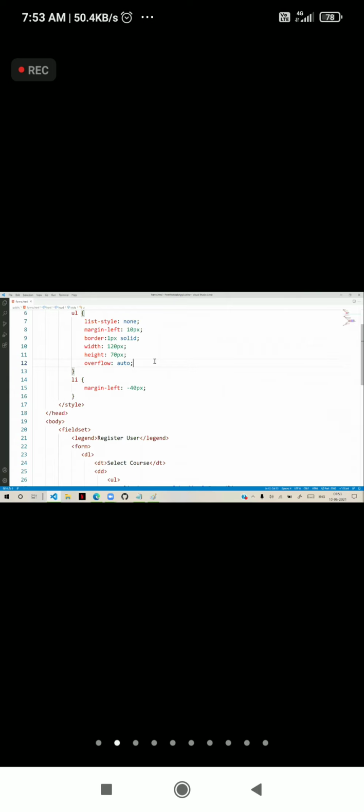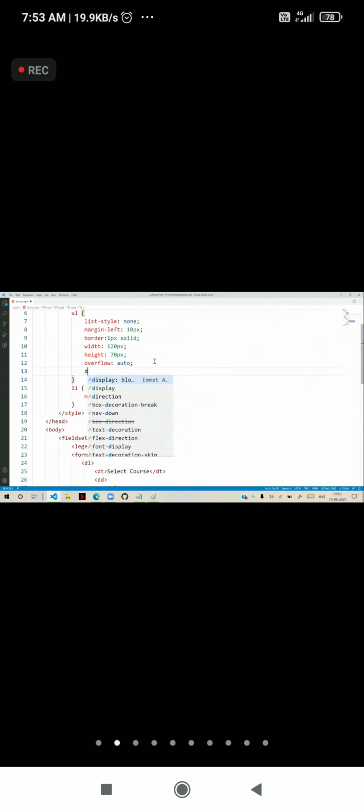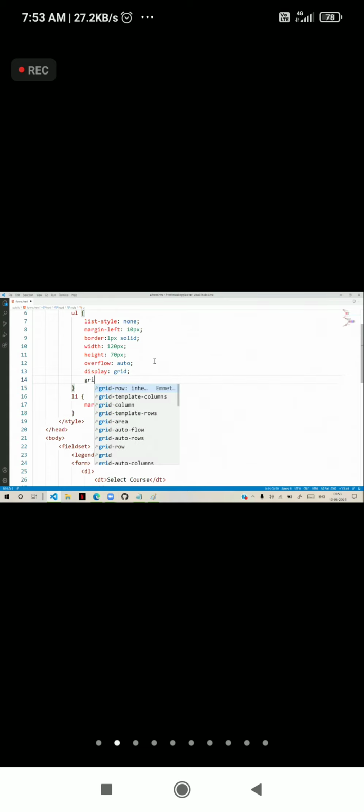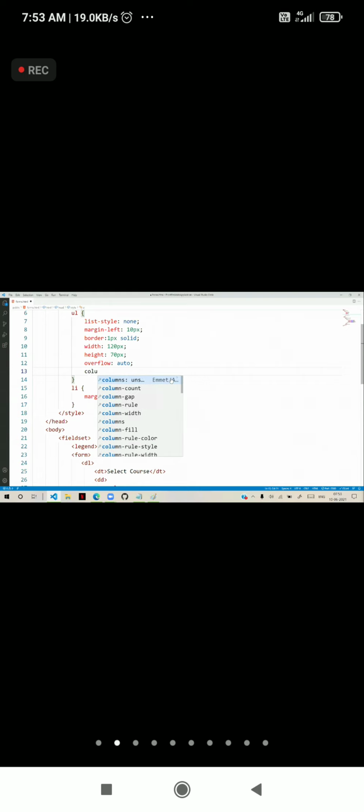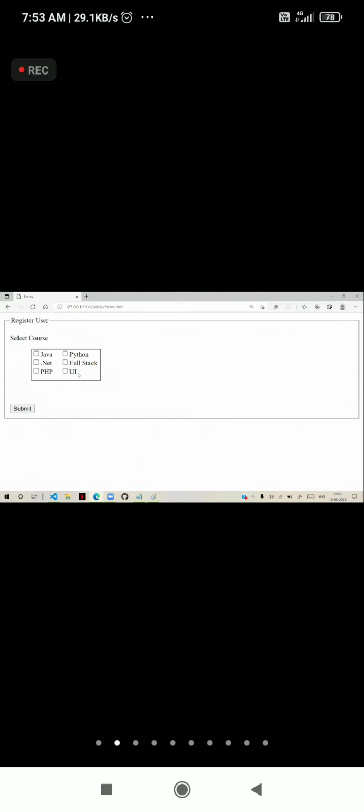Suppose for this unordered list, I give display as grid and grid template columns as 2. Or you can also write columns here. Columns count is 2. That means it will come in 2 columns.